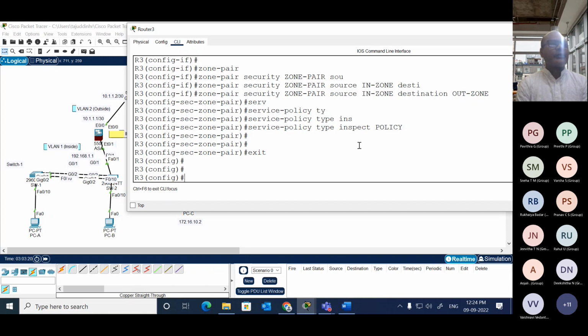Okay, and if you try to ping from PCB or C to PCA and PCC, the ping should fail. So we create another zone pair to allow PC A and B to reach PCC as follows. So we'll do that. Okay, the policy is already configured. We can apply this zone pair to the same interface. Okay, so what we are going to do is a zone